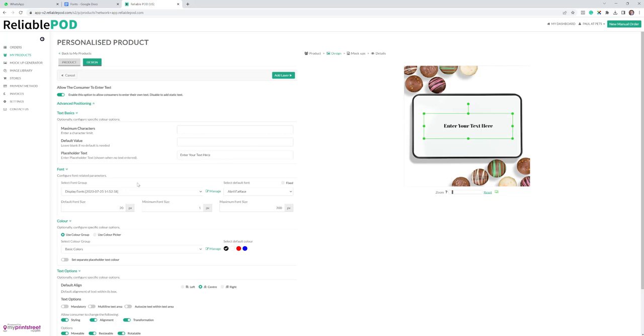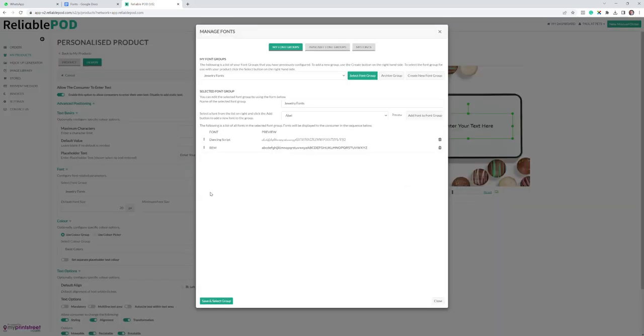What you then want to do is, when you come down to fonts here, you can then find the font group. So that font group that you just created is there, Jewellery Font Groups. And as you can see, there's just the two fonts in it. So that's how you create and manage your font groups. When you're in here as well, if you click on manage, you can also create and add them